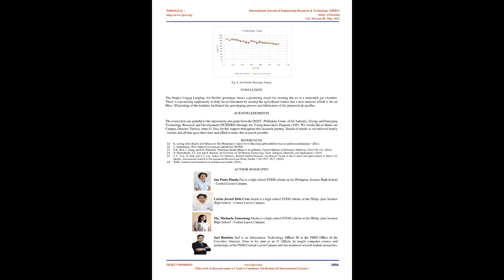Results and discussion: it could be gleaned from the table below that the prototype has improved the air quality inside the improvised gas chamber. An initial 177 ppm air quality with smoke inside the chamber was contained. By triggering the air purifier prototype, a measured 140 ppm air quality was recorded. Fig 6. Air purifier prototype testing.